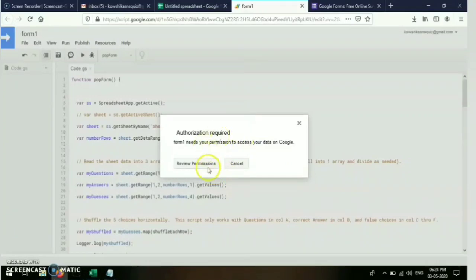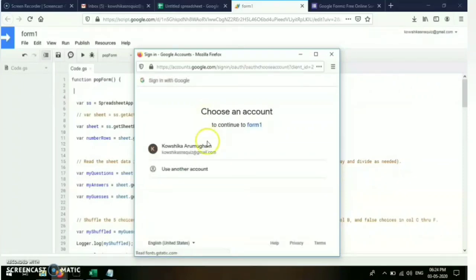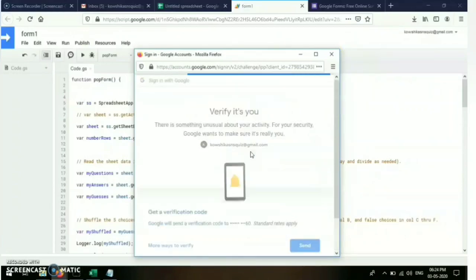When it executes, it will ask for permissions. Just click on review permissions. Select the mail which you are linked with. It asks for the verification code. Just send it back.